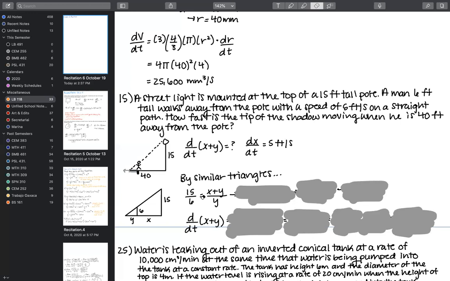And so from there, we're going to figure out how to get Y in terms of X so that we can plug back in for this Y and have it only in terms of X to take our derivative. So we cross multiply, we get 6X plus 6Y equals 15Y. Then 9Y equals 6X. Y is equal to 2/3 X. So there's a whole lot of setup work for this problem. And now we're finally getting to the calculus, and it's going to be smooth sailing from here.